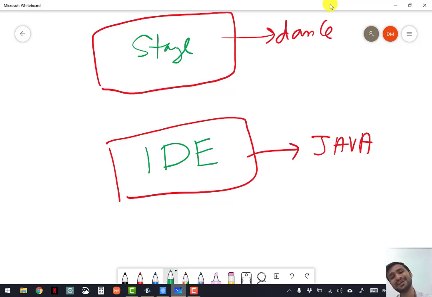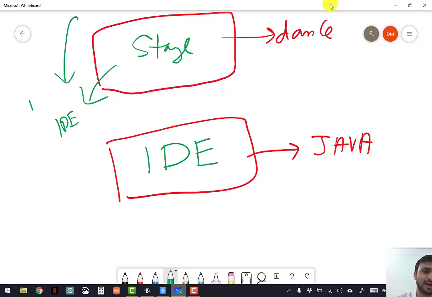That place is known as Integrated Development Environment. So here the stage is kind of an IDE. Your kitchen is kind of an IDE, an Integrated Development Environment. An environment, a place where you can create a Java program.